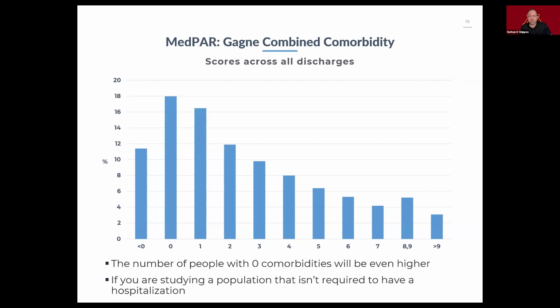One of the conditions that's associated with negative risk is hypertension. If somebody just had hypertension, they would actually have a -1 score. Why would that be? There could be a few different things. The most plain example is that this is in the MedPAR, that is in the hospitalized Medicare population. Most, maybe close to all people could be diagnosable with hypertension. It's a very, very, very common condition diagnosed in this population.